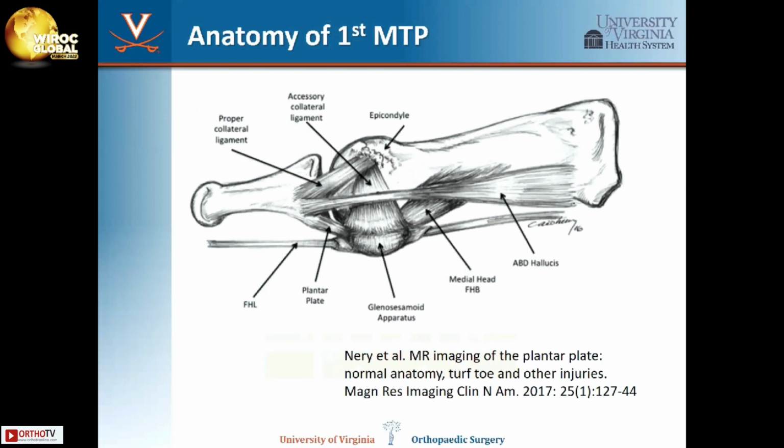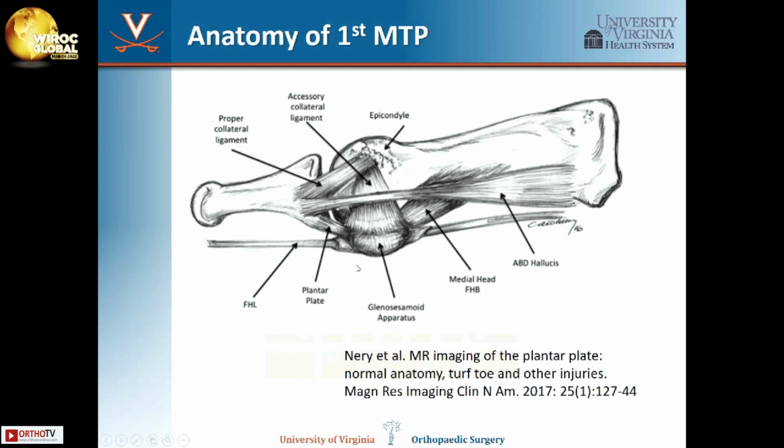So a little bit about the anatomy of the first MTP joint. This is looking at the medial aspect of the joint in the sagittal view. Here we have the medial collateral ligament. The plantar plate is what we're going to focus on primarily here, which is sort of a blended tissue. And I always think of it as including sort of the tendinous portion as well as the ligamentous portion and the plantar plate between the hallux sesamoids and the proximal phalanx. It's responsible for some sagittal plane stability, as well as involved in the plantar flexion aspect of that joint. You can see here, here's the FHB, here's the sesamoid, and here would be the plantar plate tissue, the FHL